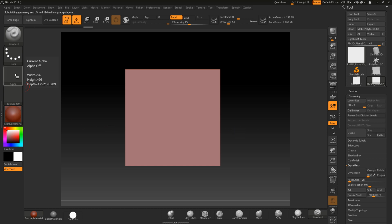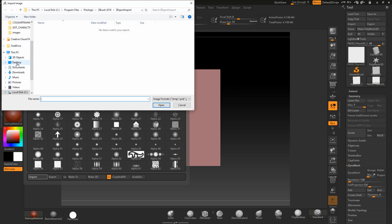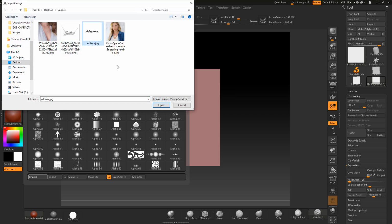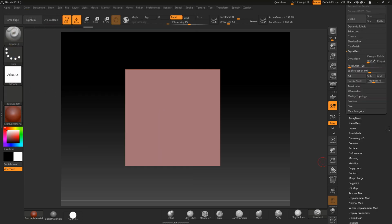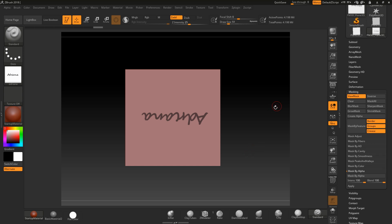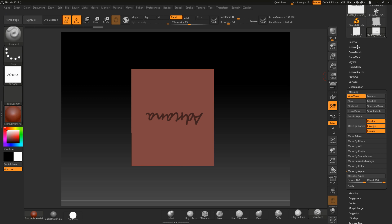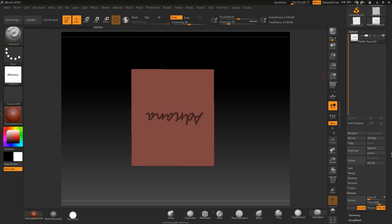And now I'm going to go into my alpha. I'm going to go import, going to go into my desktop, and I'm going quite quick with this because you've done the course, so you guys know what's going on. Put the alpha in there, come down to the masking, and we're going to go mask by alpha, it'll appear on here. Okay, now I need to do my extraction of this, so I'm going to just turn this at an angle. I'm going to go down to my extraction under my subtool palette,